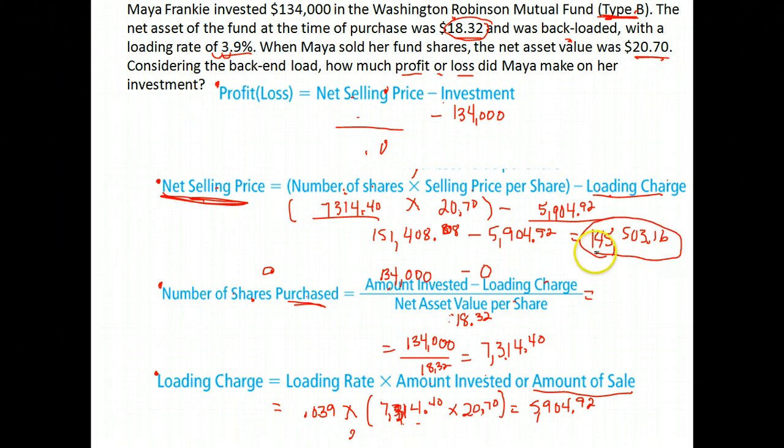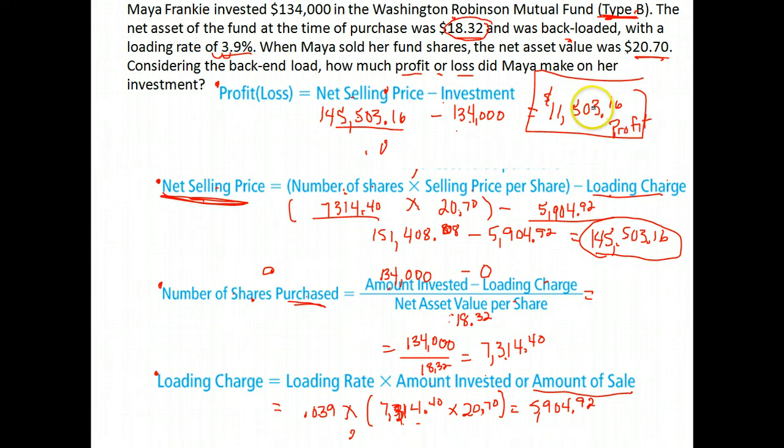Now we can find out what our profit or loss was. This is what we sold it for. Originally we invested this much. So we come back up here, our selling price was $145,503.16. Subtract from that the amount we invested. If it's positive, we made a profit. If it's negative, we had a loss. And it is positive. It's a positive $11,503.16. Okay, so we had a profit